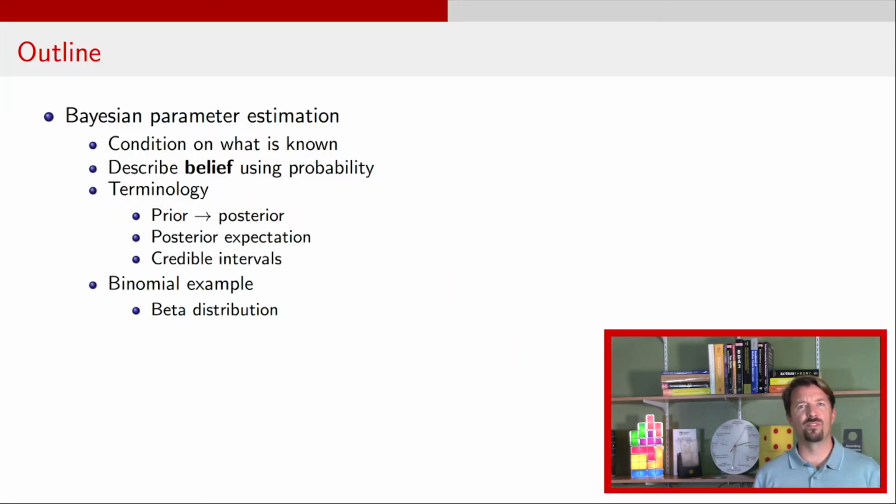Alright, so let me just give you a brief outline of what's going to happen, ideally in this video if we can contain it all in one, but certainly in this slide set. So we're going to talk about Bayesian parameter estimation as an approach to inference where you condition on what is known, and you describe your belief about the unknown using the language of probability. We're going to introduce some terminology like turning a prior into a posterior. Talk about posterior expectations and credible intervals. And throughout the video, we're going to be talking through